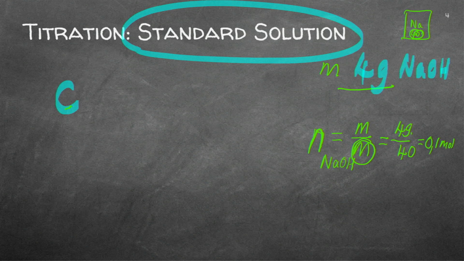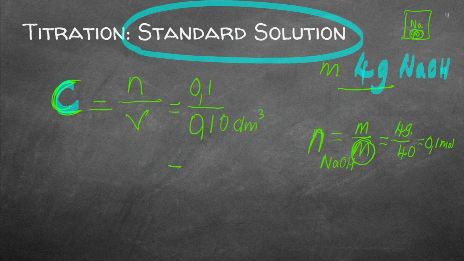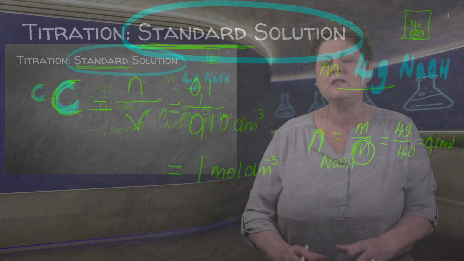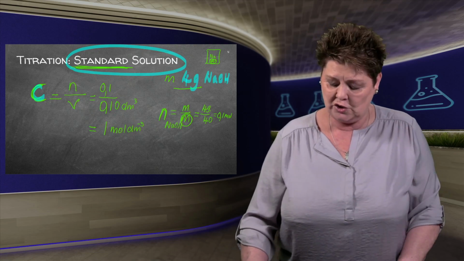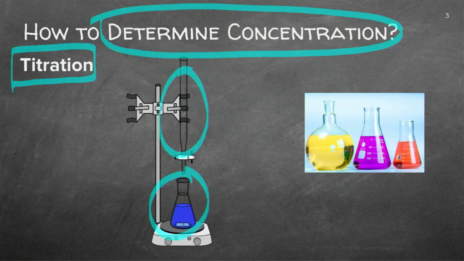Can I get the concentration? Well, the concentration is the mole over the volume. So for instance, I've got my 0.1 mole. I took in my calculation, let's say, 0.10 cubic decimeters. That's the concentration, and I now have 1 mole per cubic decimeter. The fact is, guys, I need to know the concentration because it's a standard solution. This is the way we go about it with the one solution. On the other hand, we'll have in our titration another substance with an unknown concentration.